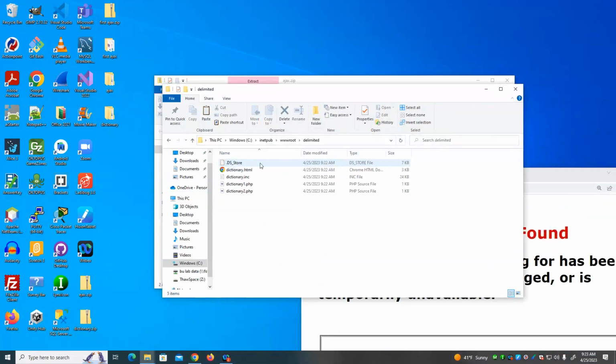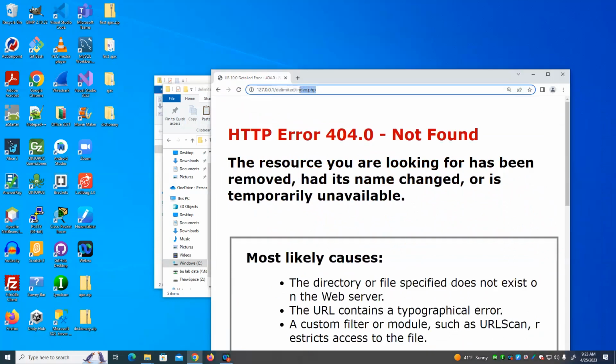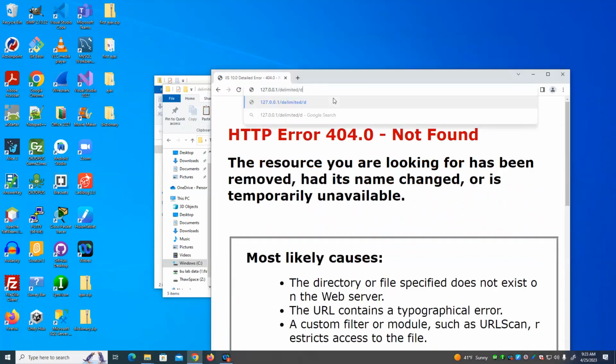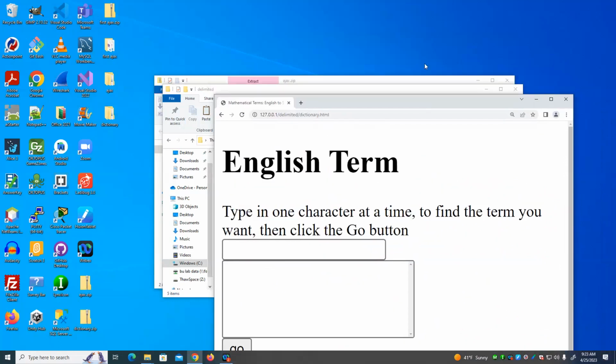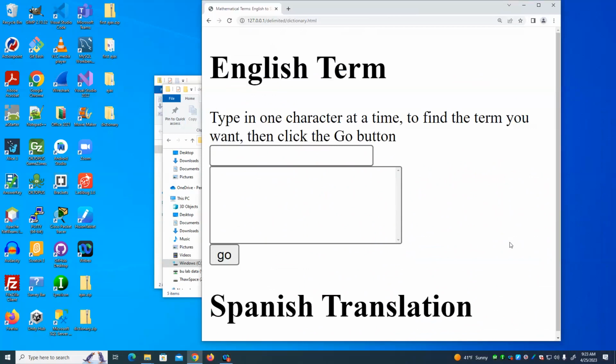File called dictionary. I have my original page with the form just being an HTML file. Could very well be a PHP file. All right. Here we click, this is a translation between English and Spanish